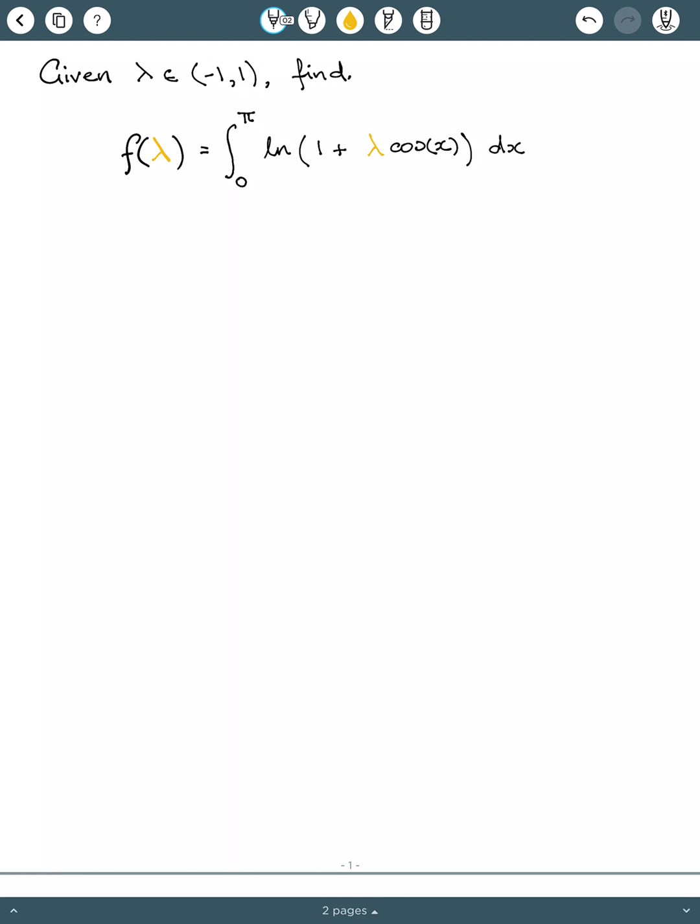Okay, so it's a function of lambda, and we're going to differentiate with respect to lambda. Okay, which is going to give us a cos x on the top, and a 1 plus lambda cos x on the denominator. Okay, now that the integrand is a rational function of trigonometric functions, this is doable by